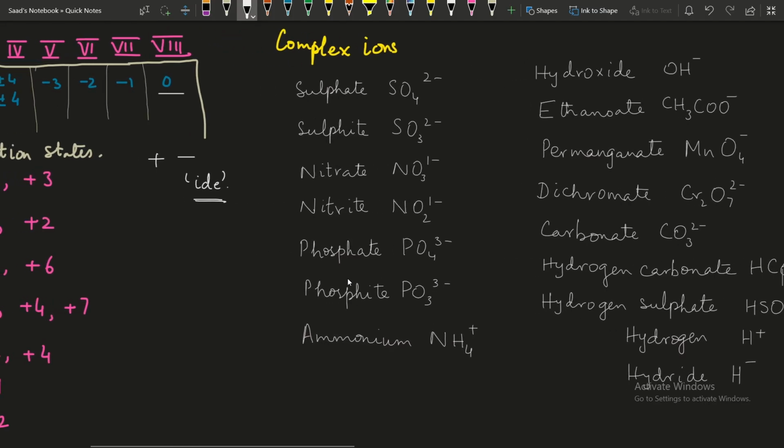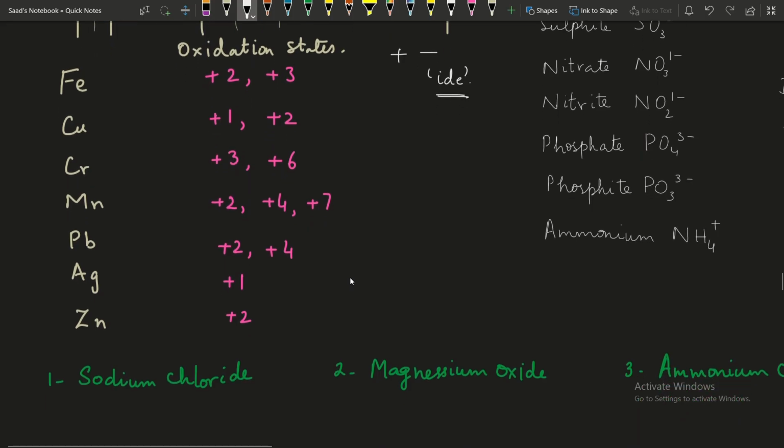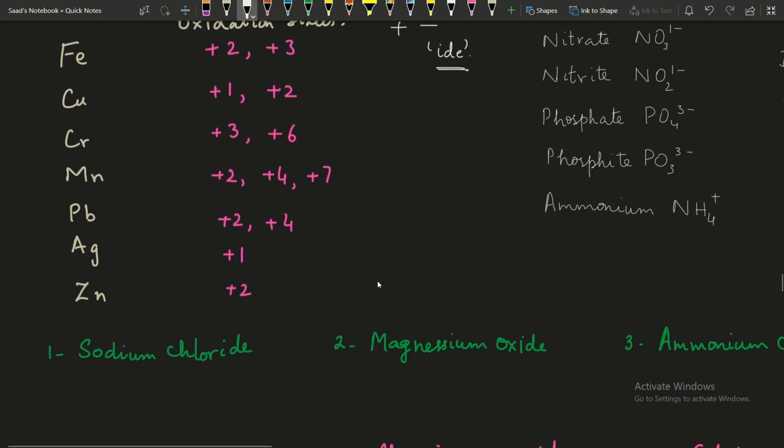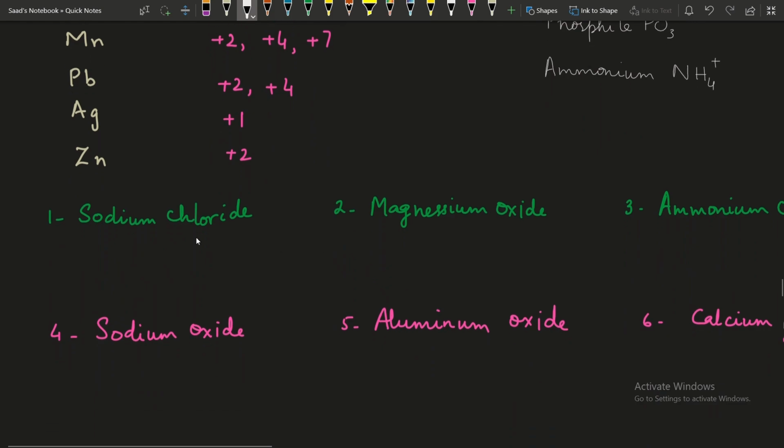Now we are going to use these simple ions, complex ions and these transition elements having different oxidation numbers to write the formulas of different compounds. First, the most simple one is sodium chloride. Sodium belongs to group 1. So what would be the charge on sodium? It would be +1. Chlorine belongs to group 7, so it has a charge of -1. You can just understand it like this, that +1 will balance -1. They will both balance each other. The formula would become